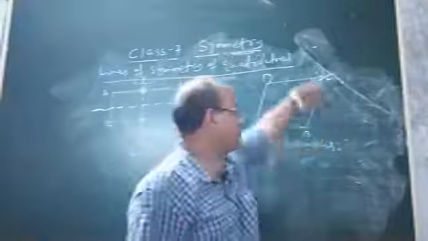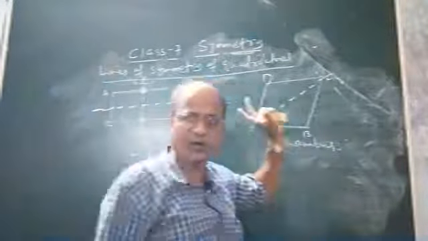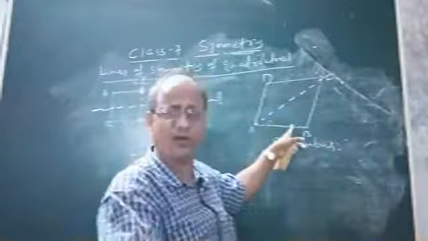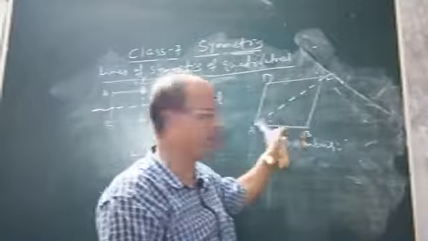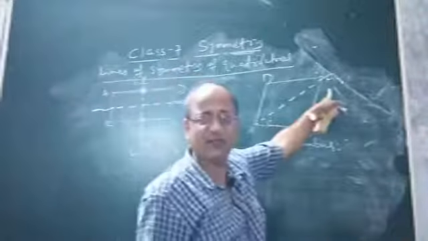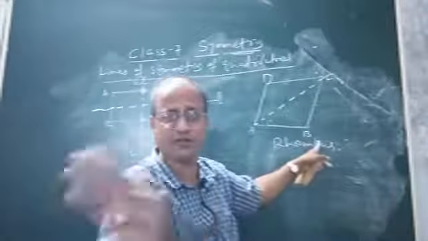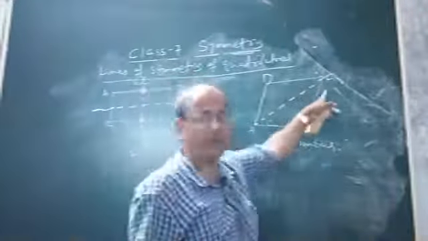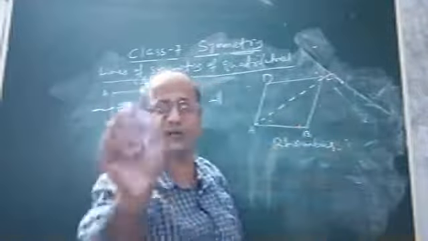So it is a quadrilateral ABCD and it is also a polygon. In any polygon or any quadrilateral, if we join any two non-consecutive vertices, see, A and C are non-consecutive vertices, but A and B are not non-consecutive. So if we join any two non-consecutive vertices, we will get a diagonal.